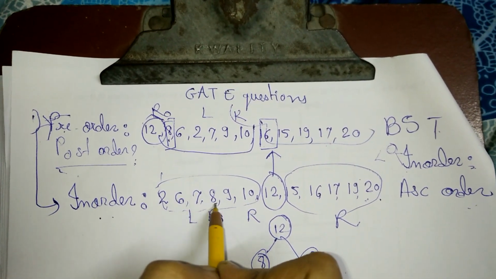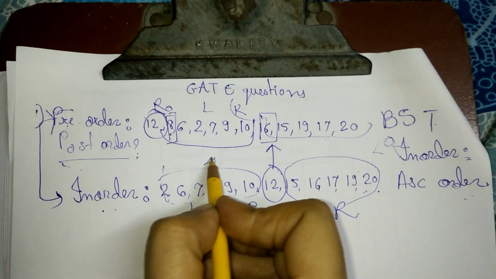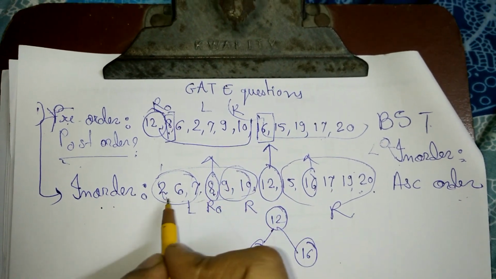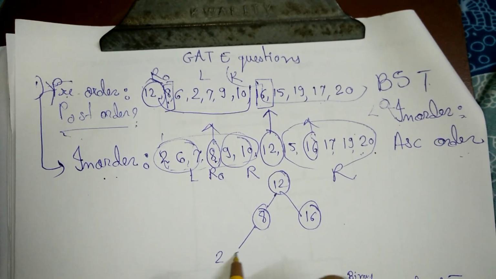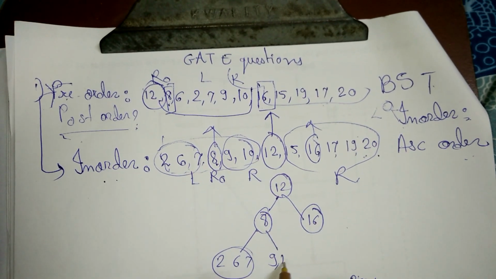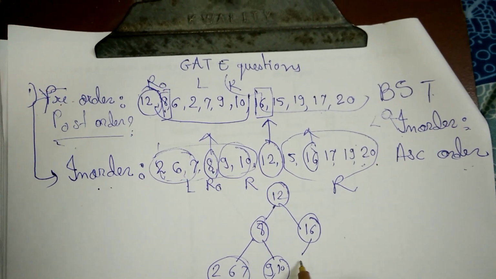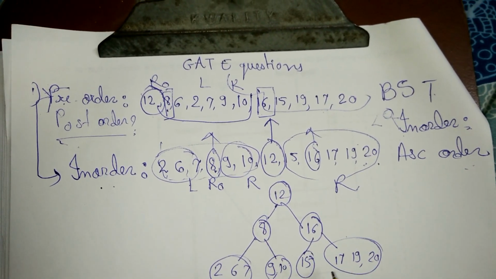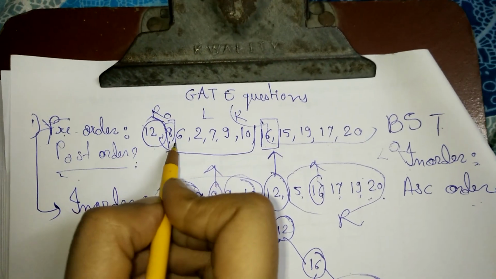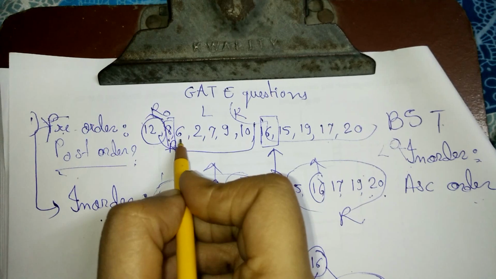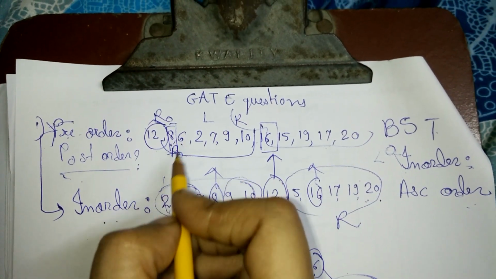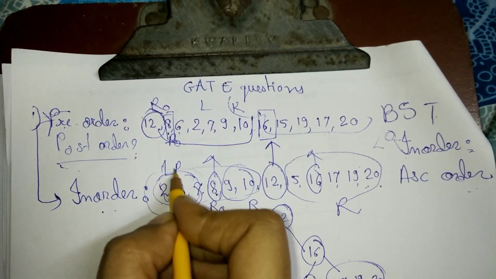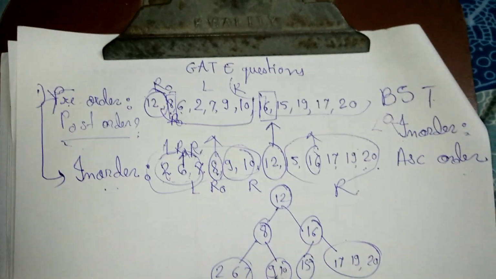Now after 8 and 16 we can see the remaining is this one and the remaining is this one. So this becomes your left, that is 2, 6, 7, and this is your right, that is 9 and 10. Here in 16, in left we just have 15, and in right we have 17, 19 and 20. So what we will do next is, again, if this is a root, then the remaining will be left and right. So in left, this is my left subtree. So left, root and right. So definitely 6 will be my root.